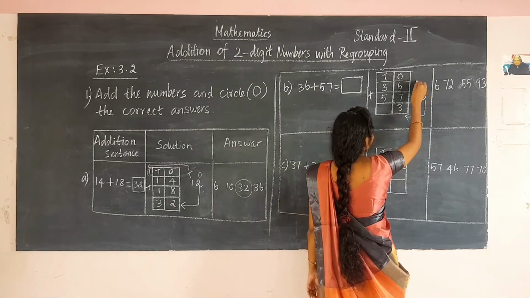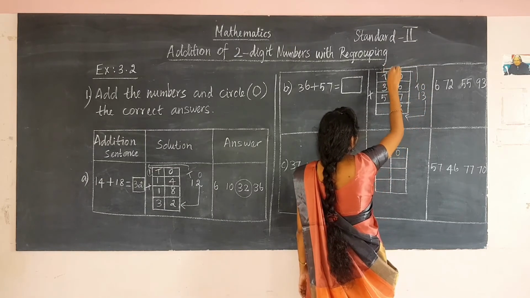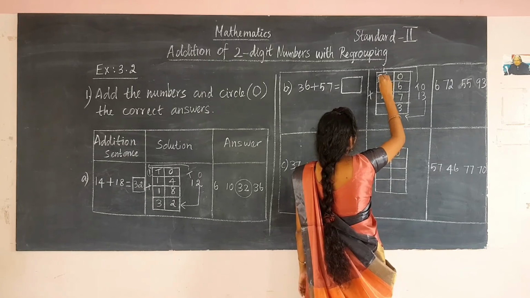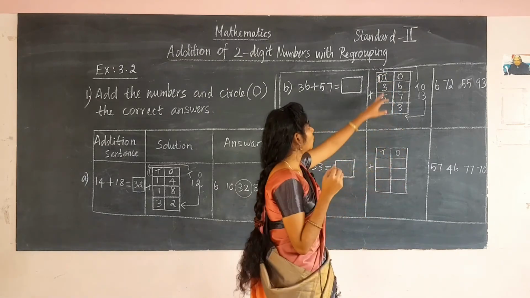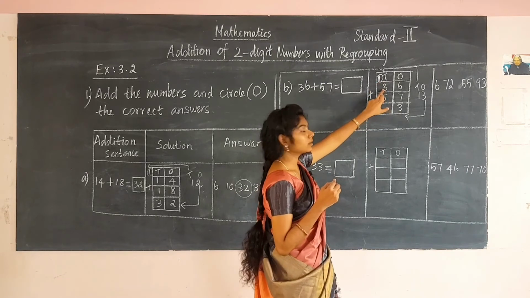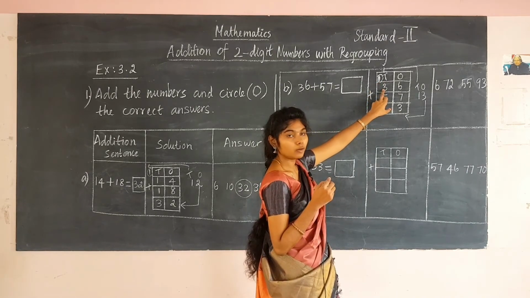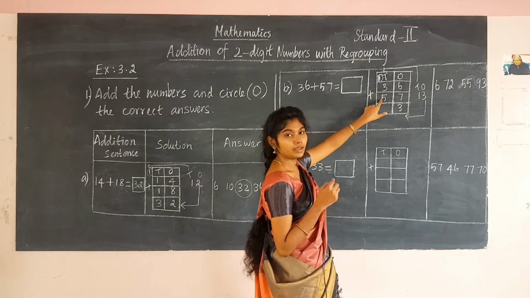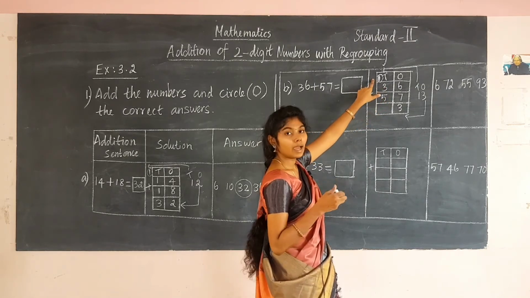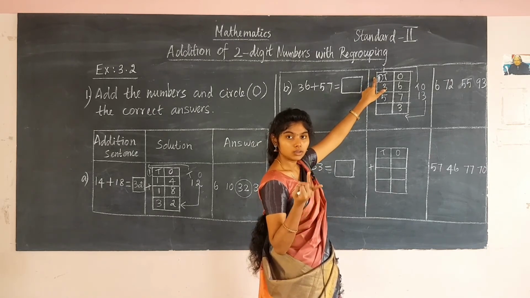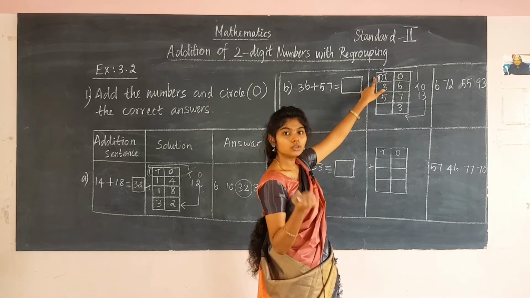Then take the tens place to this tens place. 1 should be carried over to the number. 1 is carried over, and you have to add these 3 numbers. 1 should be in your mind and 3 in the fingers, and then you have to calculate. What are the numbers given here? 1 ten, 3 tens and 5 tens. Take 1 in the mind and 3 in the fingers. Say after the number 1: 2, 3, 4. Now 4 should be in your mind.